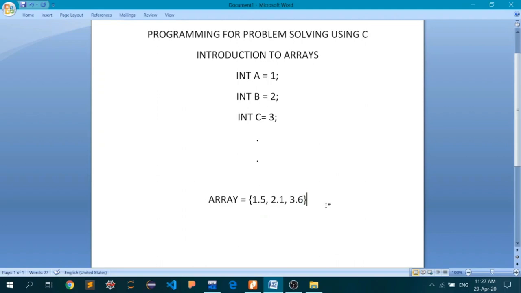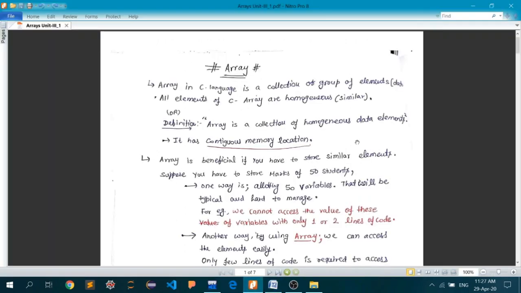The thing that you have to keep in mind is you cannot mix data types in a single array. So I am not allowed to do something like this. I have inserted three data points of type float, and the fourth one is of type character. That is not allowed because all of these elements should be of the same type only. So I will remove that, and now it is valid. So let's go back to the notes.